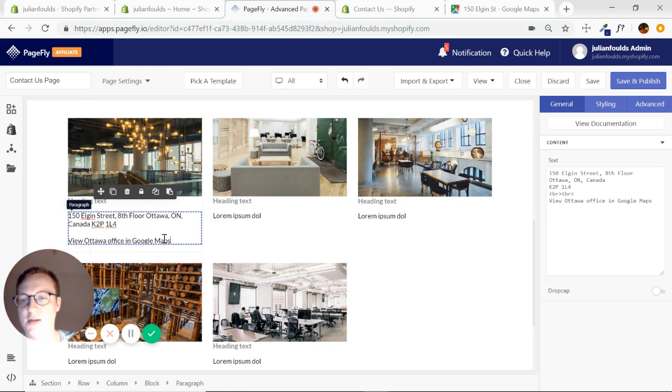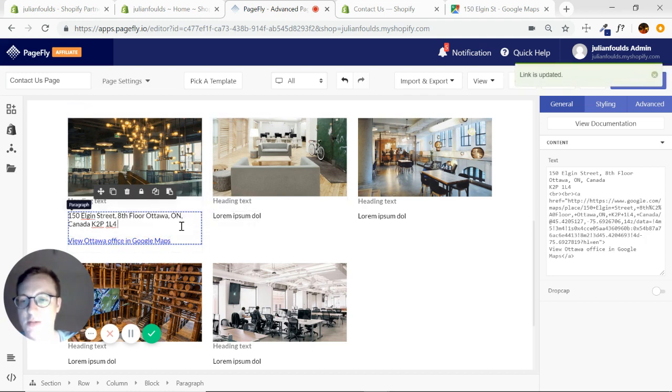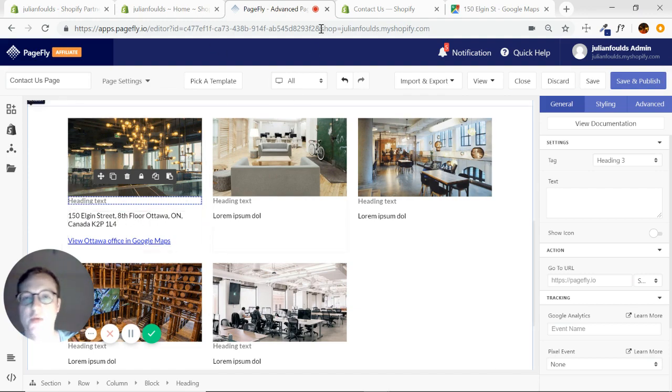Okay, we want to highlight just that text we want to link. Come on. Okay. Insert link. Put it in there. And it's done. Okay, that'll be linked to the map that they want. We've got our